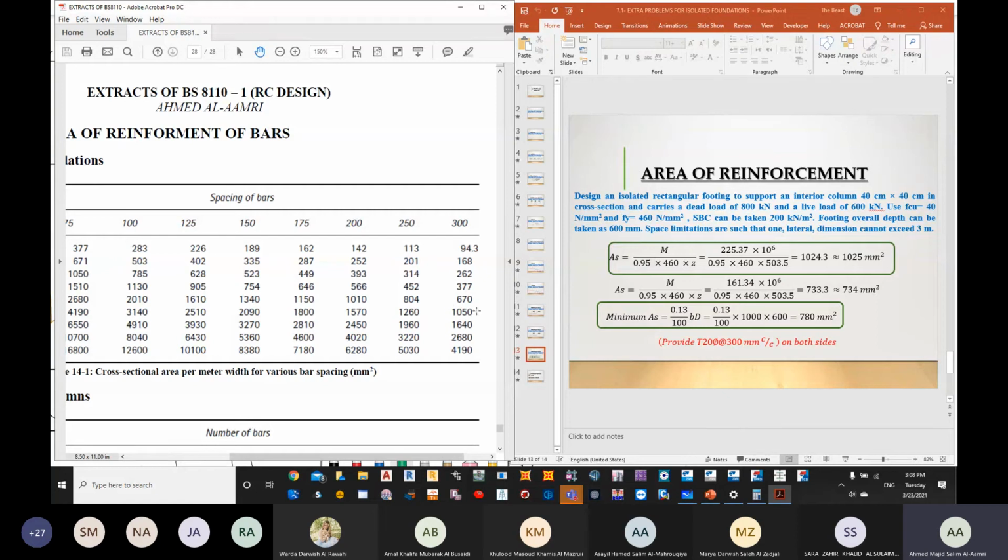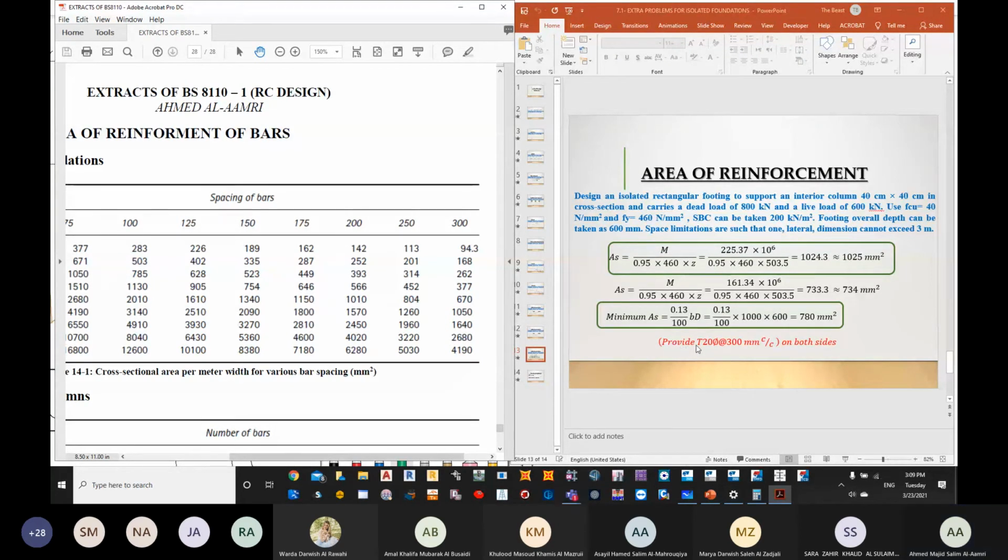Now this 1050 mm square, is it sufficient for 1025 and 780? Is it more than 1025 and then 780? This 1050 mm square, is it sufficient, or is it more than 1025 and 780? Yes. Okay. So what we are going to be concluding here, we are going to be concluding that we need